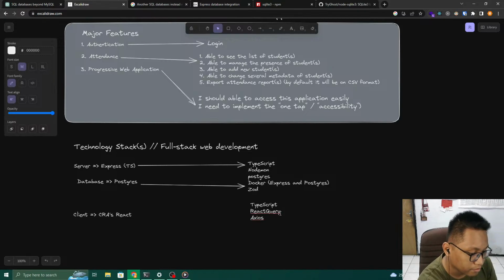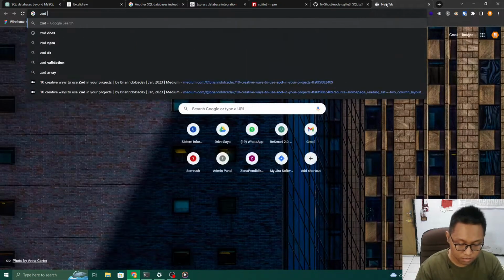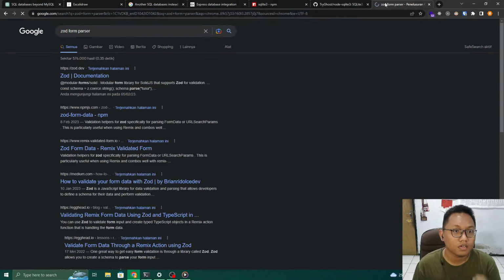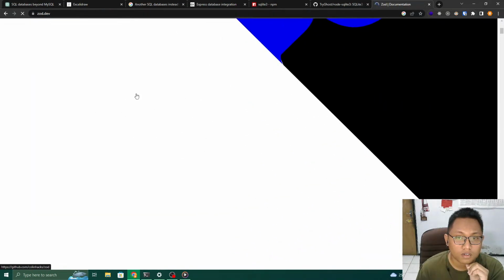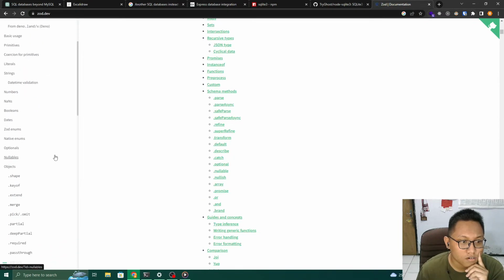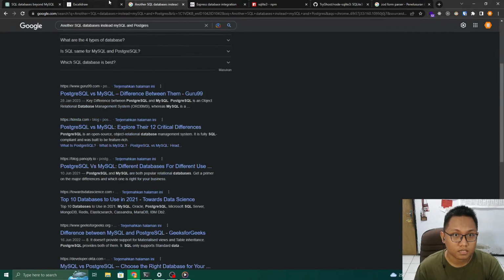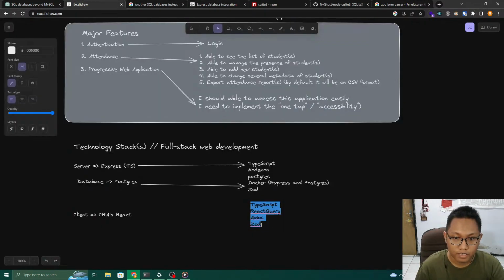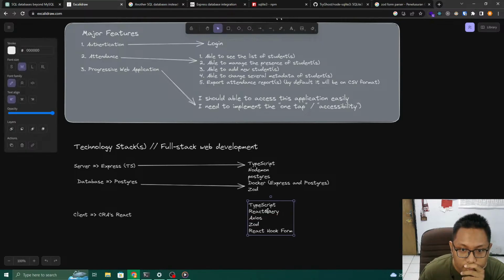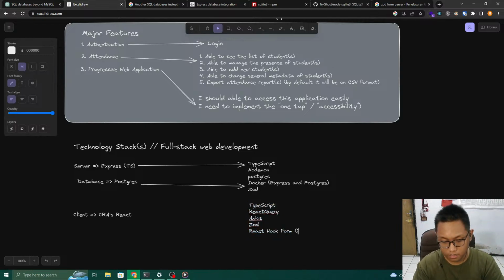Will we have some forms? I think using Zod as a parser. Zod form as a parser. Can I use Zod form as a parser? Yeah, the next thing is it must have form management, so I will use React Hook Form. Is there anything left that I have missed? Resolver, including,